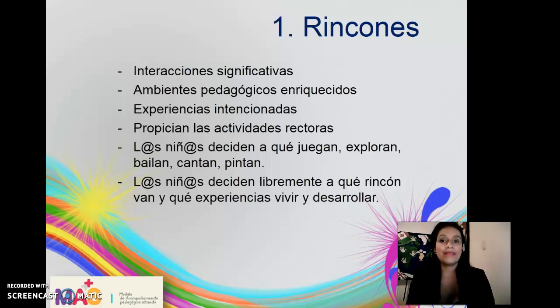It's not just letting them play, but we have to go and have interactions with them that are meaningful. The experiences that we set have an intention. Also, it is hand in hand, developed, thinking about the guiding activities proposed by the Ministry